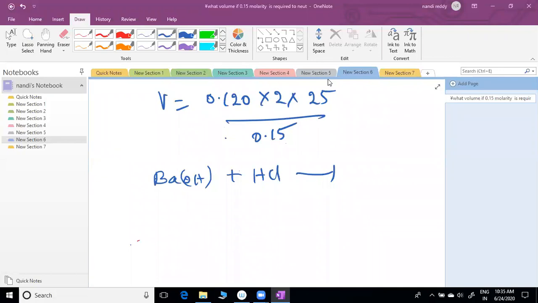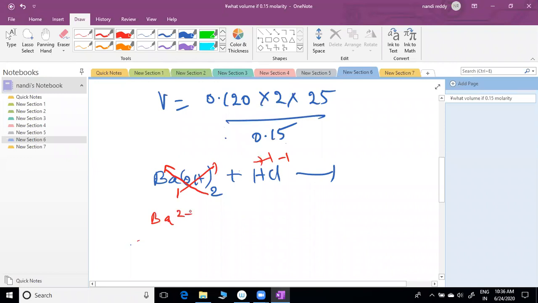Already I told you, you have to write by balancing only. Sorry, this is twice. Ba is twice now. So go back crisscross, very simple. 2 for barium, 1 for hydroxide. Here anyway, +1, -1. So you will get barium 2 plus, OH minus. Is it clear? So Ba(OH)2 plus HCl gives BaCl2,